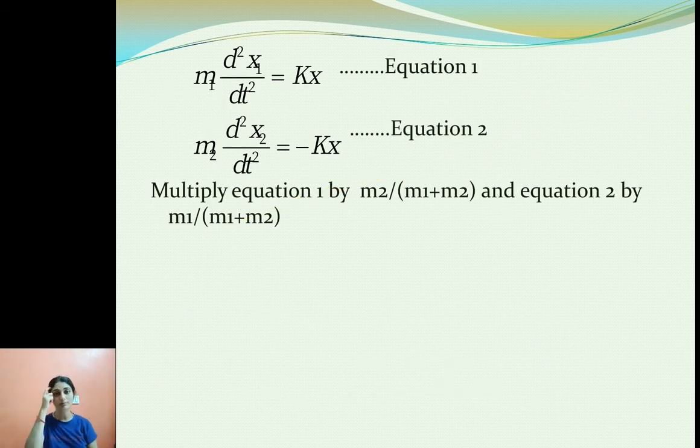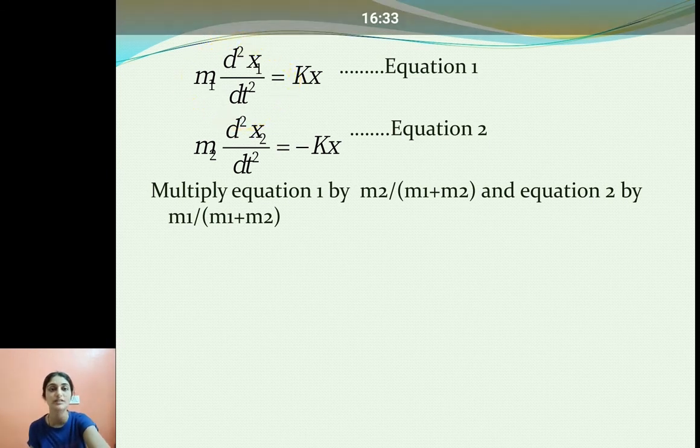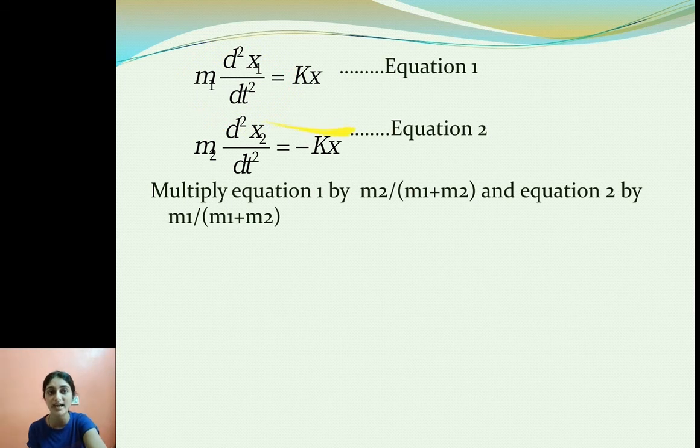Now for mass M1 we can write, we know that the restoring force is given by kx. The formula for force is mass into acceleration. Acceleration we can write as the double derivative of x; we know that x is displacement, dx by dt is velocity, and d2x by dt square is acceleration. That is how I have written mass into acceleration. So for mass M1, M1 d2x1 upon dt square equals kx, and M2 d2x2 upon dt square equals minus kx. These are the two equations which we have written.